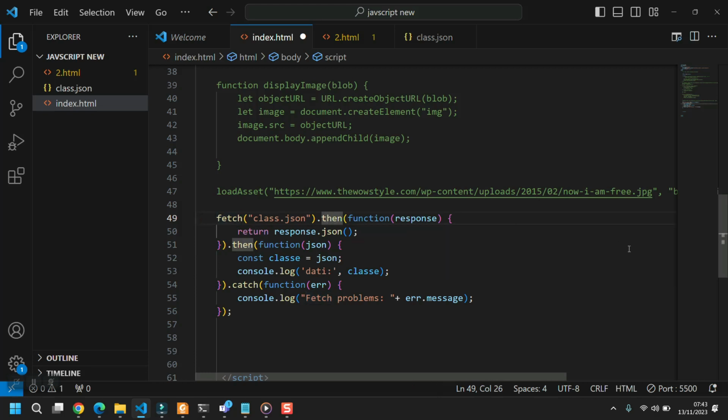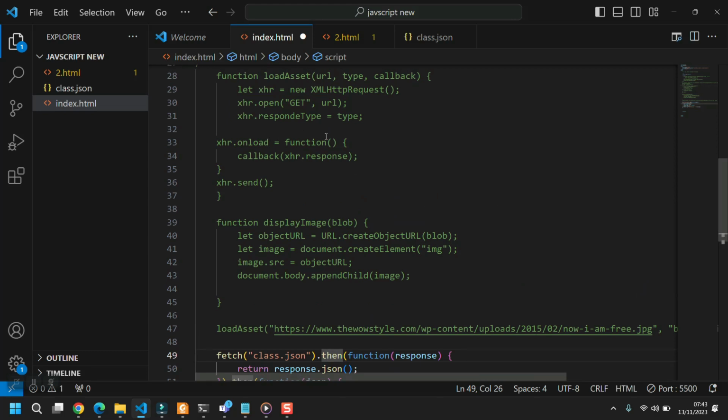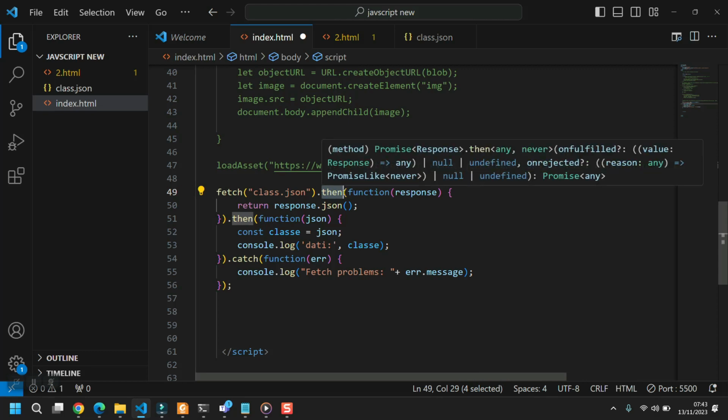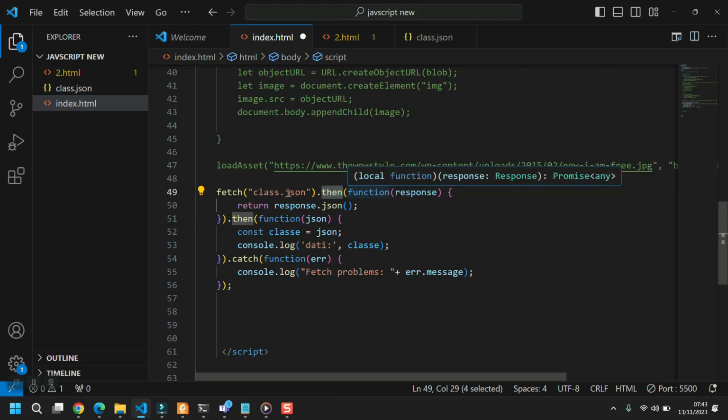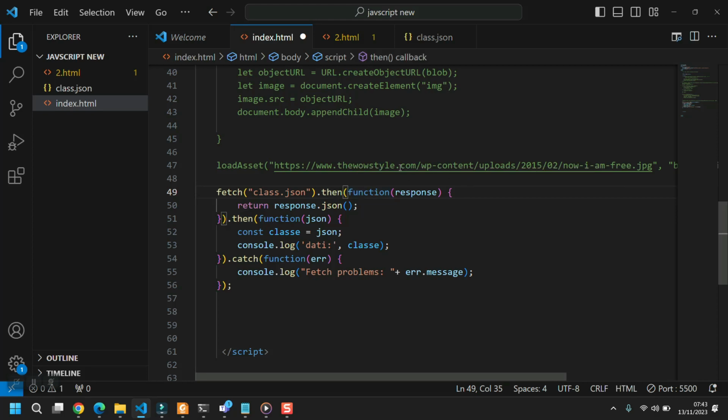Then, which means after. Before, we said xhr onload function, an anonymous function, which we created on our own, but here it is already created, because what is after then will be executed only after we have fetched the class.json. Then a function which accepts response as a parameter and returns response.json. So the response that you are going to return, you are returning it in JSON format. Okay. Once you do this, then